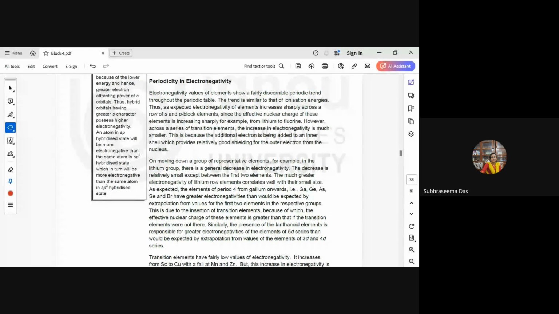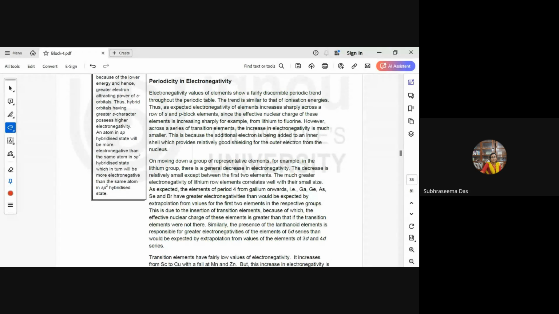Okay, so now we'll talk about periodicity in electronegativity. The trend in electronegativity values is almost similar to that of the ionization energies. Electronegativity increases sharply across the S and P block elements because the effective nuclear charge increases. Suppose considering from lithium to fluorine,